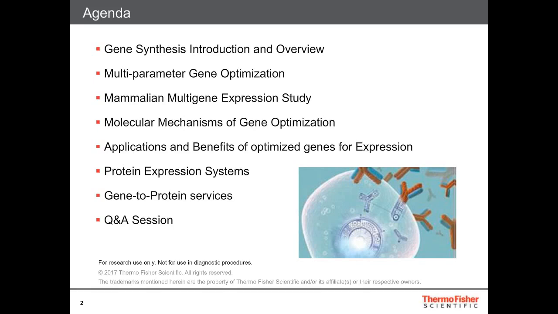I will also show you some data that demonstrate which molecular mechanisms of protein synthesis are affected by this optimization approach before I will end this first part of the talk introducing to another quite nice application